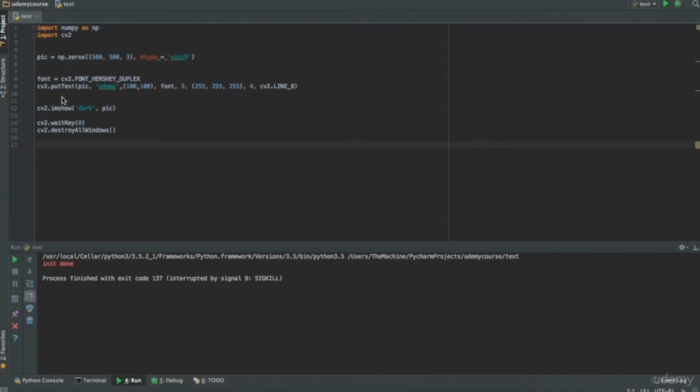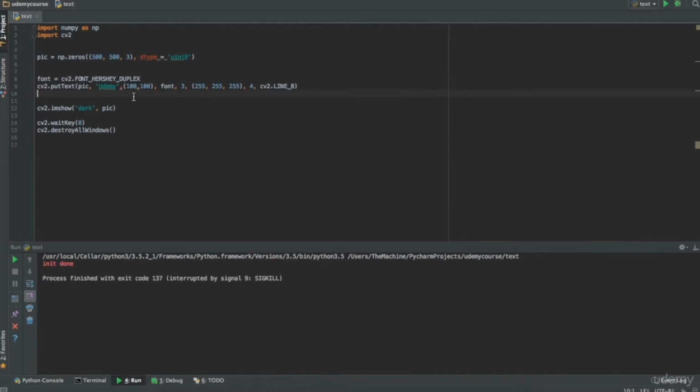Before we actually write our function, we have to define the font, and in this case the font is going to be FONT_HERSHEY_DUPLEX. The fonts can be found in the OpenCV documentation, and you can try out different types of fonts. So our function is called putText. This is the function which is going to allow us to actually write the text in the image. And we're going to pass in our first argument, which is going to be the picture, the image itself. And here is where you actually write what you want the text to be. So in this case, we wrote Udemy,